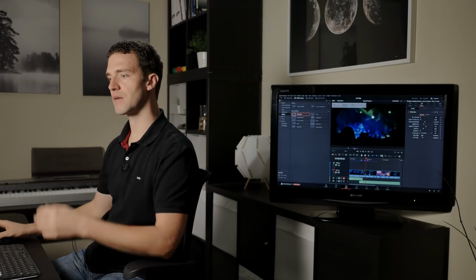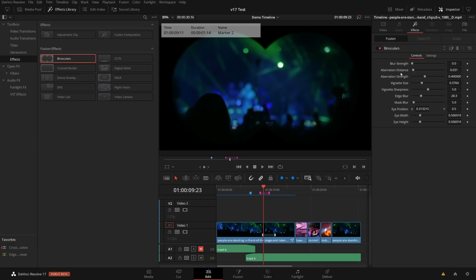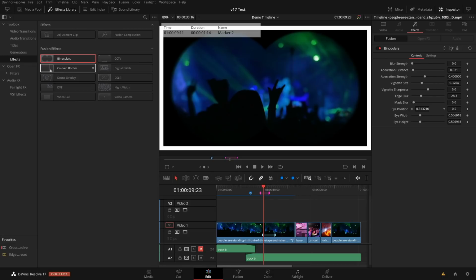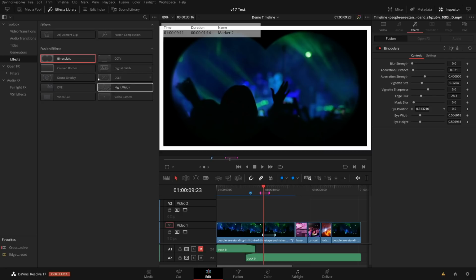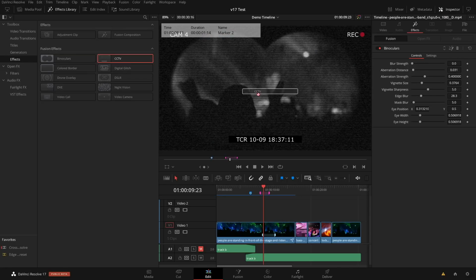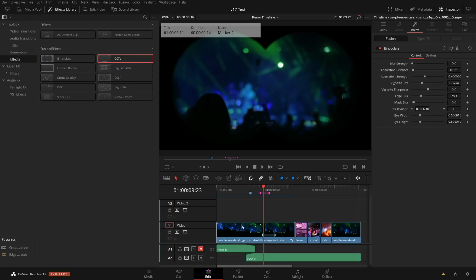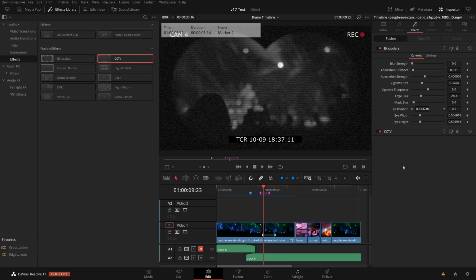You can have multiple Fusion effects and you can layer them like in layer-based editing, which is of course very easy for editors, but the effect itself is still a Fusion effect, which you can then of course still edit in Fusion if you still need the full node-based framework. So here let me demonstrate. I have the binoculars here, which you can customize, and you can have, I don't know, a frame border or whatever else you want, and can just add it to the current clip, and you will just layer them here and then can arrange them and so on. Let me delete this one again.